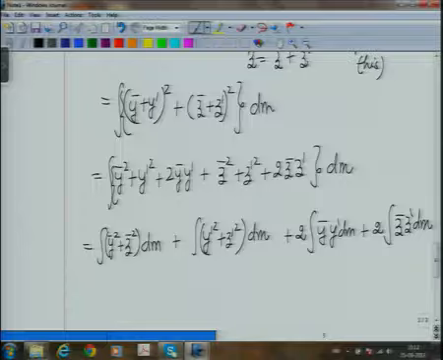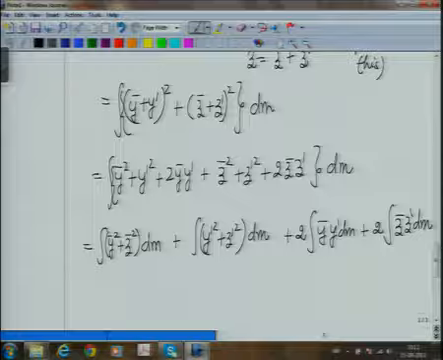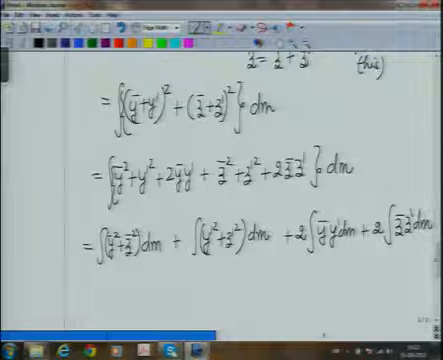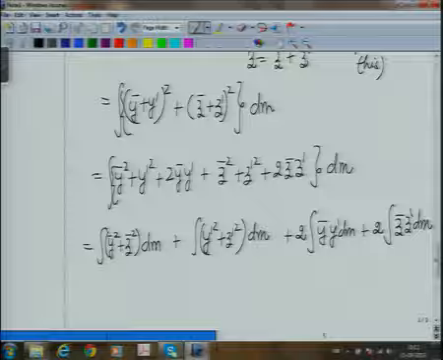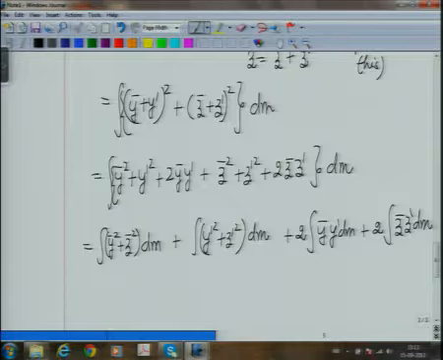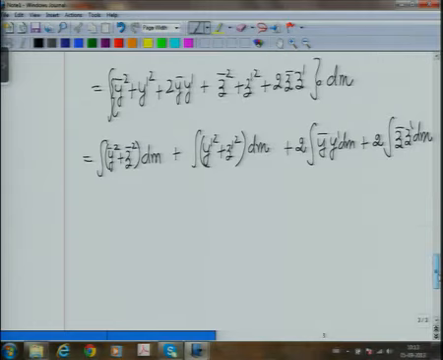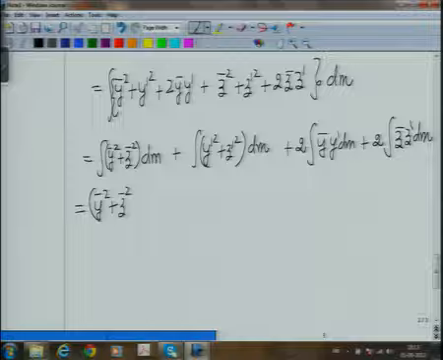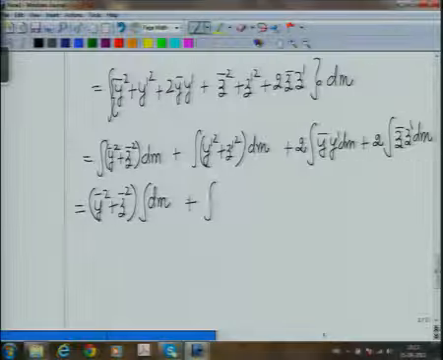Is that clear? What about here, y prime square plus z prime square dm? Can I pull this y prime and z prime out of the integral? No. Why? Because y prime and z prime are the coordinates of point P in the centroidal axis. So they will keep on changing. So this can't be pulled out. In the last 2 terms, what can be pulled out? Y bar can be pulled out and z bar can be pulled out. Is that fine? So let's do that at the next step in simplification. So this becomes equal to y bar square plus z bar square integral dm plus